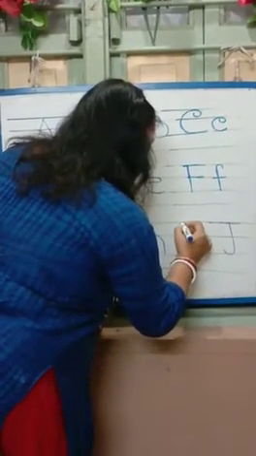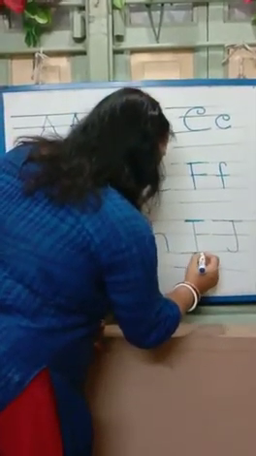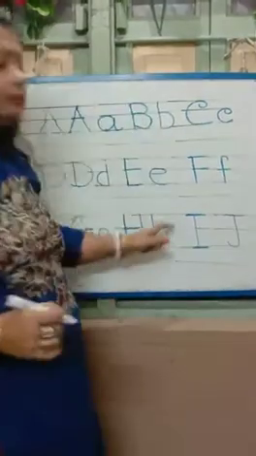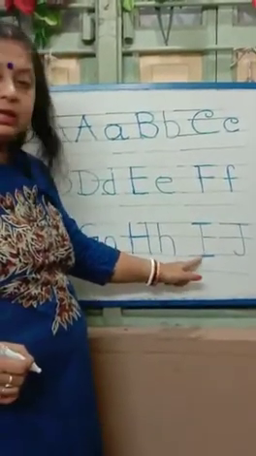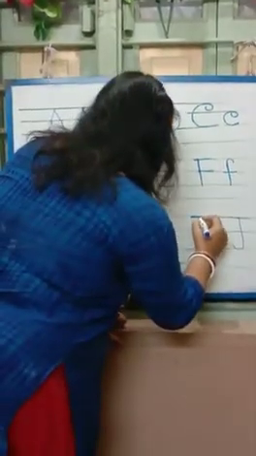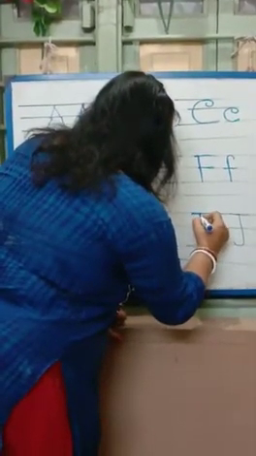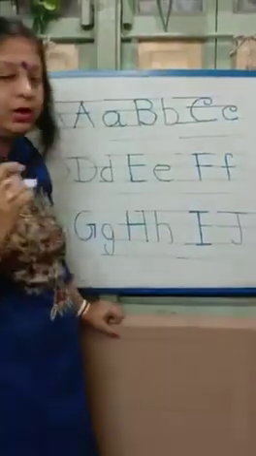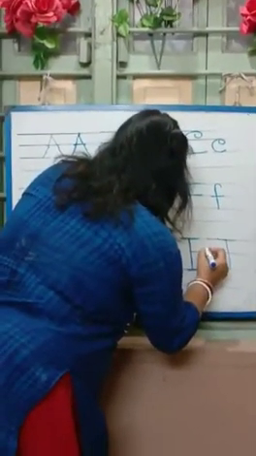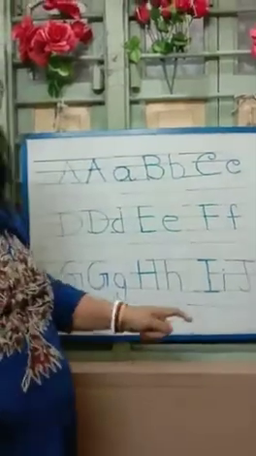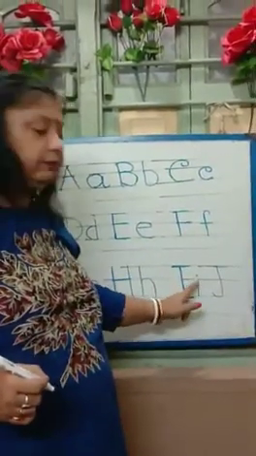Now comes I. How are we giving I? One slipping line over here, another slipping line over here, one in the first line and the other in the third line. Then do a standing line touching from the first line to the third line. Followed, so this is I. For small i, we are just doing second and third and then giving a dot. Followed everyone?